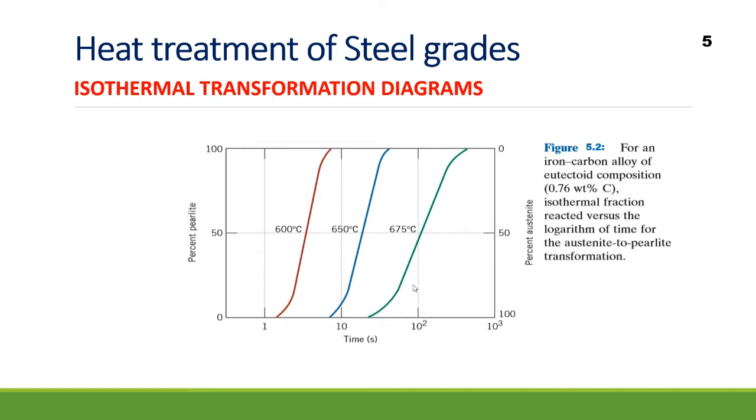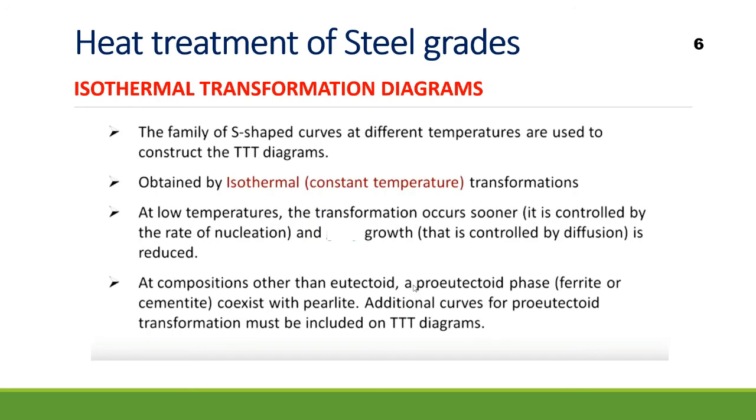So the basic point, when I say it's isothermal, we will discuss going forward, but still I'm telling you: when I say that it's isothermal transformation, the word isothermal itself means the temperature is constant. So I'm basically trying to cool the sample, I mean, I'm trying to cool austenite to a particular temperature and hold the product at that very temperature. So let's see